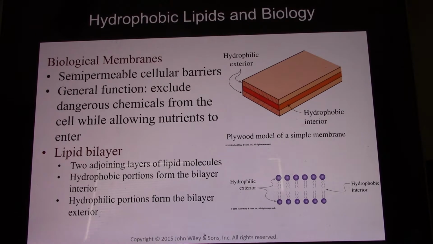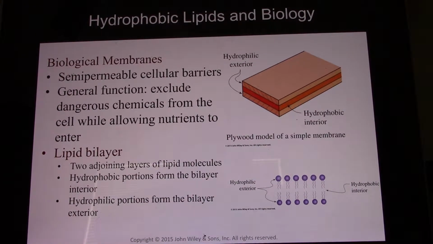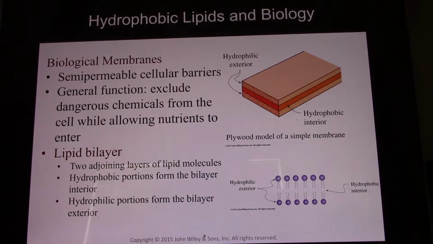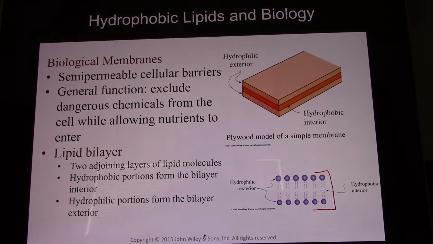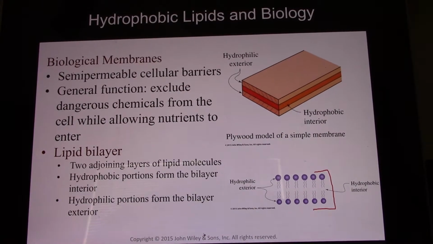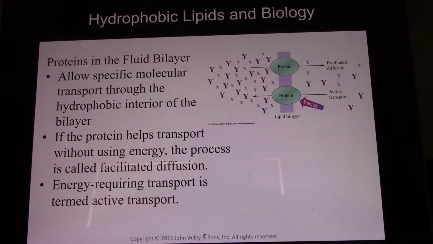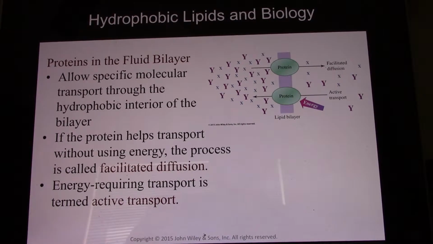Biological membranes. Here we have semi-permeable cellular barriers that exclude dangerous chemicals from the cell while allowing nutrients to enter. And here we have a lipid bilayer. Just like we saw with the liposome, the fatty acids orientate themselves so that the hydrophilic phosphate groups are touching the water, leaving a lipid barrier in between. And that lipid barrier is super useful because almost nothing can just cross it